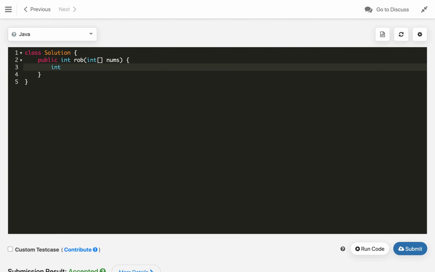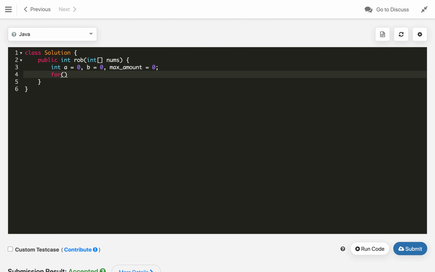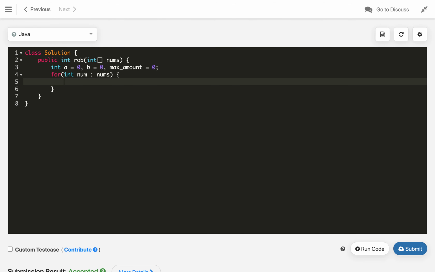So here let's call this variable a from 0, and then b from 0, and the max amount, whatever the robber will rob, which is also initialized from 0. Then we will just iterate the nums. So for int num in nums, now we will update our max amount